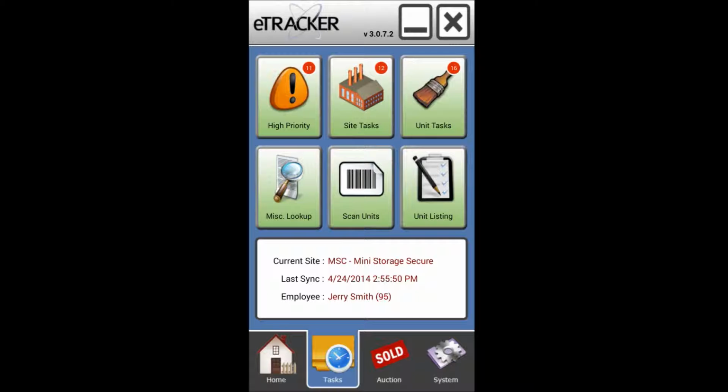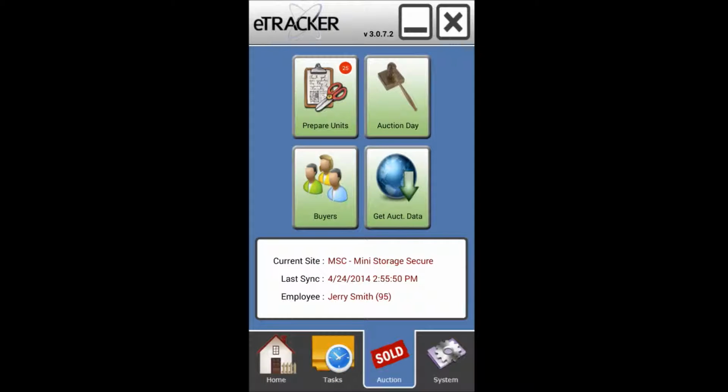Let's say you're dealing with auction. We go over to the auction area. In auction, which is also described in the auction training video, you'll see prepare units, selling units on auction day, and so forth. If at any point you get interrupted and maybe you have a call, or maybe you're dealing